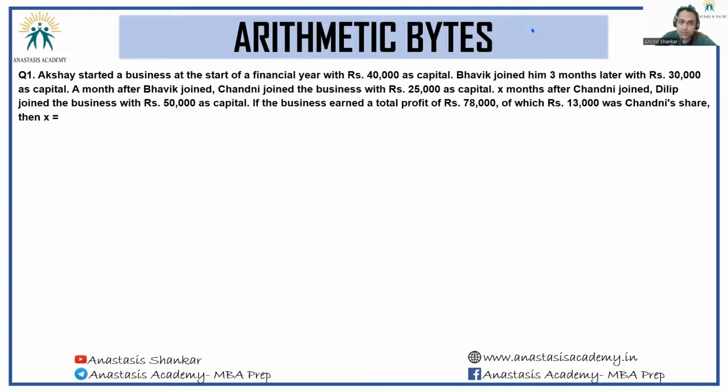Akshay started a business at the end of a financial year with rupees 40,000 as capital. Bhavik joined him 3 months later with rupees 30,000 as capital. A month after Bhavik joined, Chandni joined the business with rupees 25,000 as capital. X months after Chandni joined, Dilip joined the business with rupees 50,000 as capital. If the business earned a total profit of rupees 78,000, of which 13,000 was Chandni's share, then X is equal to